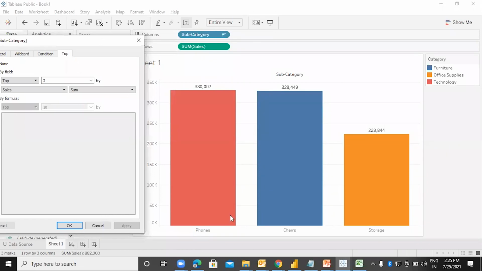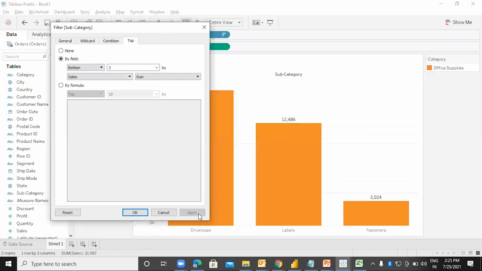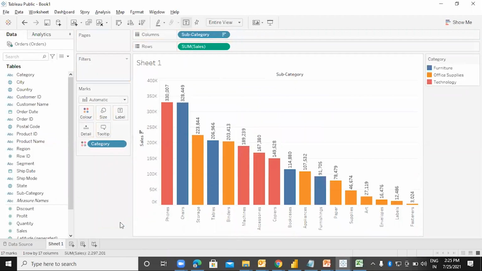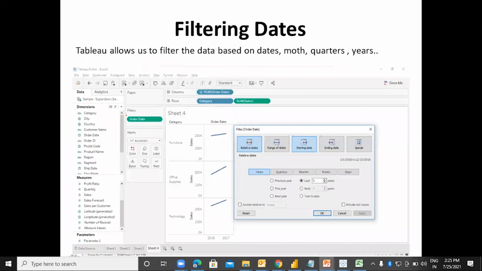These are the top three over here. Then similarly, if you want bottom three, you can say bottom and say apply. You are getting the bottom three, right? Let me say cancel and I can remove this from the filters. So these are the four tabs of the filter: general, condition, wildcard, top, right?